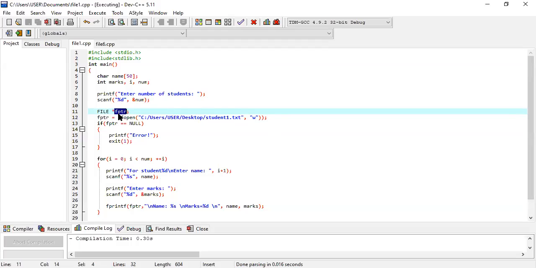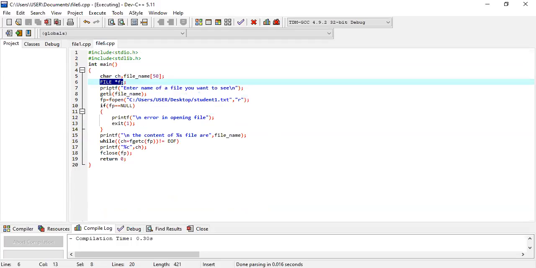This works as a file pointer. In that place, we use FP, so it also works as a file pointer. And obviously the data type is FILE in caps, not int, not float, not char.